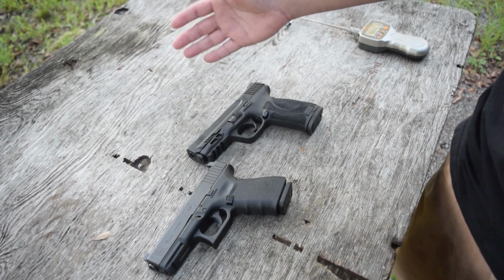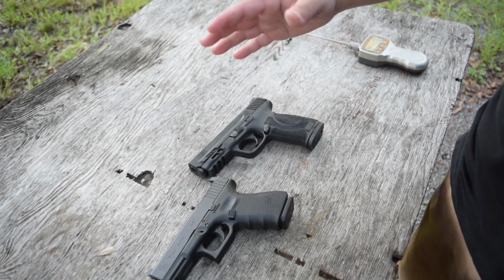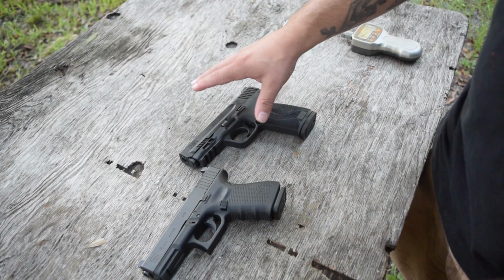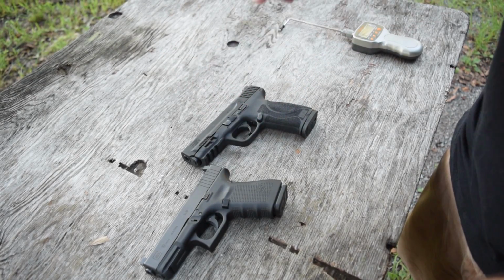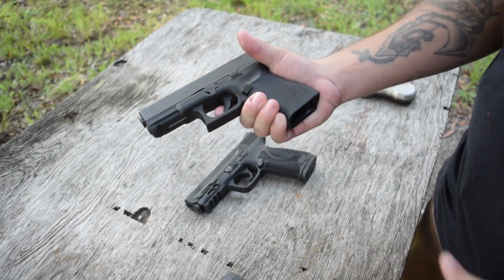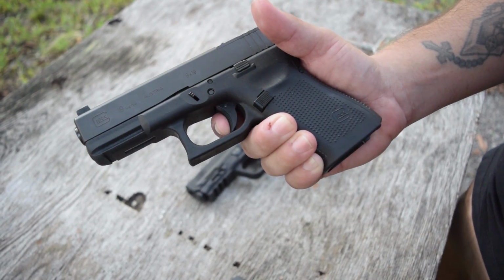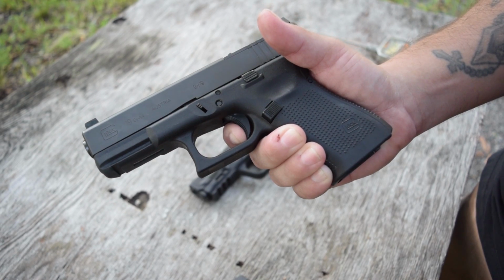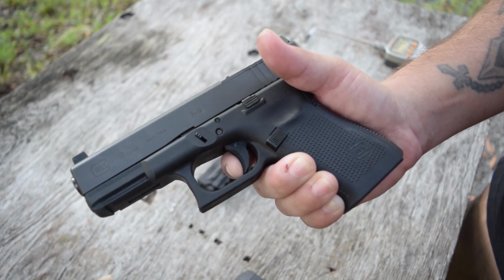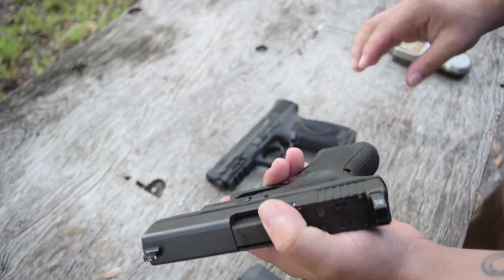I don't know if you picked up on it, but the M&P was just a lot more consistent with this gun. Maybe it's the size, maybe it's the trigger, maybe it's the sights, I don't know, but definitely more consistent with the M&P. But let's go ahead and show you what these triggers look like on the Glock. Safe action design, dingus in the middle. You're going to come to a wall, a little bit of creep, and then it breaks, reset, very audible and tactile, and the weight on it,